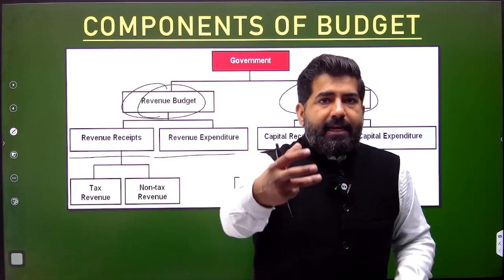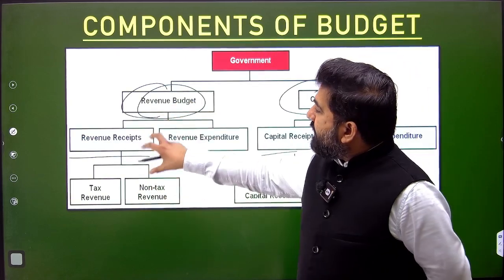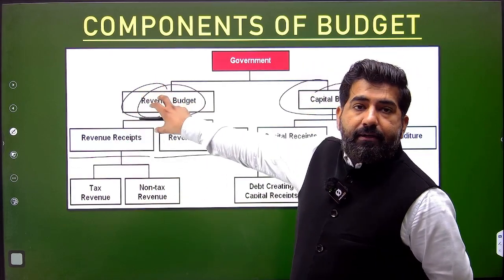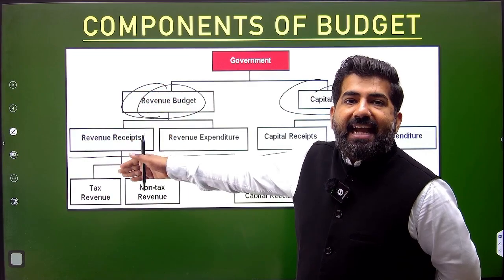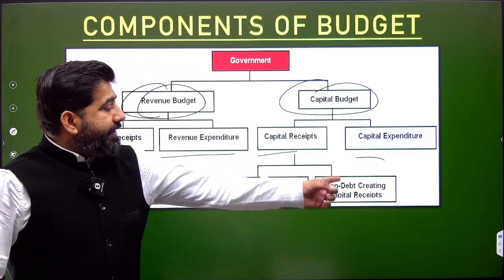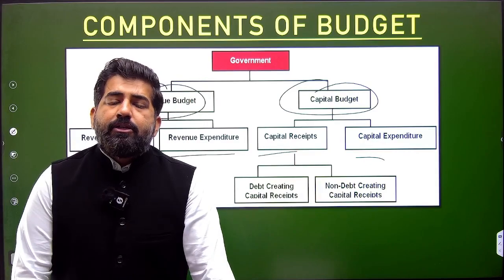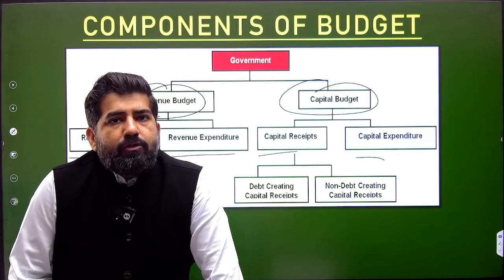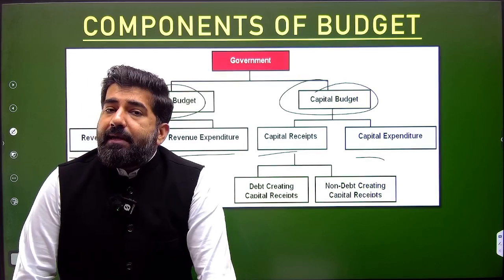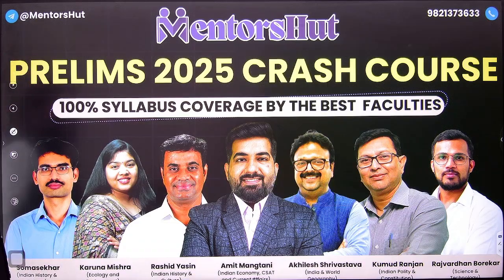Because when I tell you about the budget trends, about the receipts, you should be able to understand, okay, this revenue receipt comes under here. And what revenue receipts? Tax, non-tax. Clear? Then non-debt capital receipt, where does it fall? So these small things you should be aware of. Then for part 2 of the budget you will be able to understand it very well. Clear? So that's it guys.